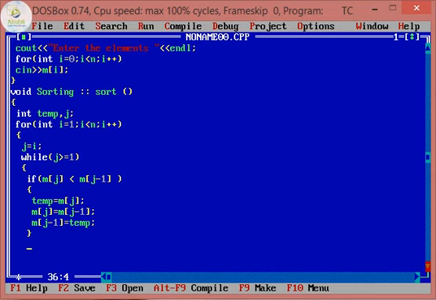So this is the swapping which is done, and the value of j is decreased by 1. j = j-1 also you can write, or you can even write j--. Both hold the same value.